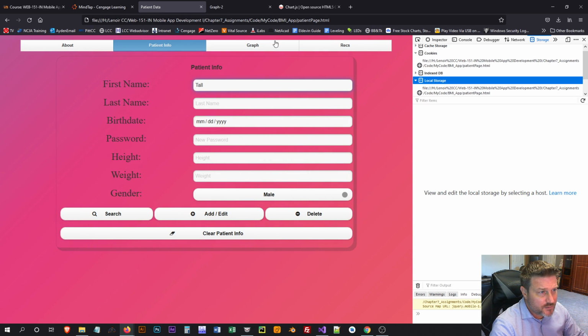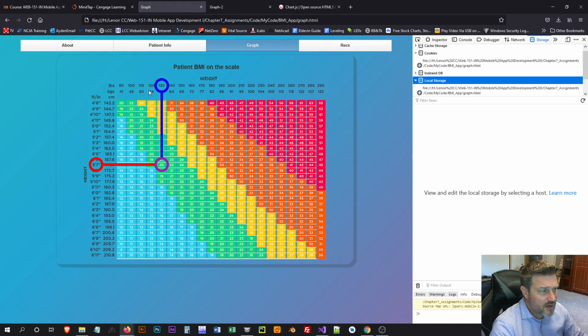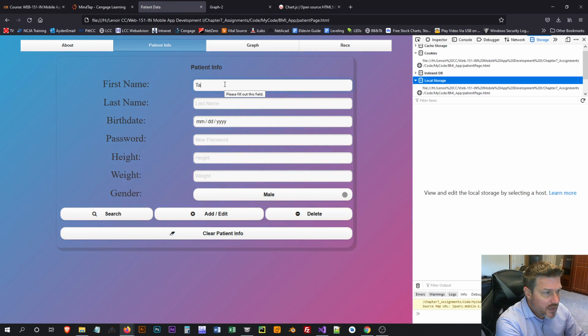There are some limitations to this graph. Under 90 pounds and under 4'8", it won't register, obviously, because that's the limitation. And over 290 pounds and 6'11", it won't register. It just won't work. Maybe I should have it pull up an error or something, but it just won't work at this point. But if we go in here, we can add a new